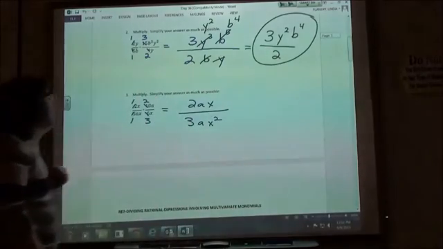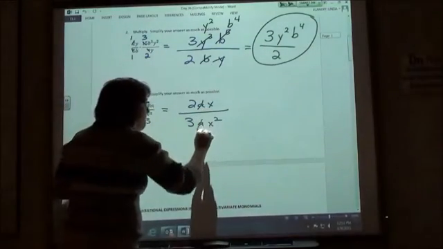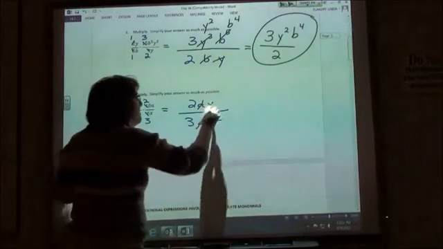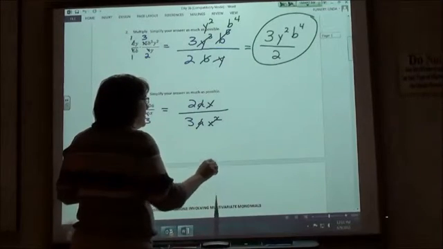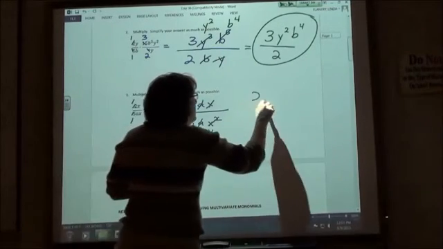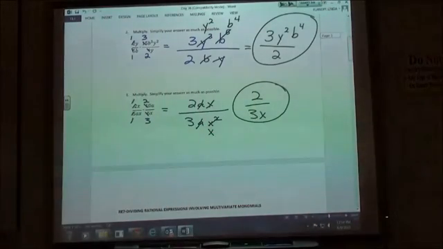You can cancel out the a and cancel out 1x. And I'm left with 2 over 3x. 2 over 3x. Exactly. All right, those weren't so bad, right? No, that were